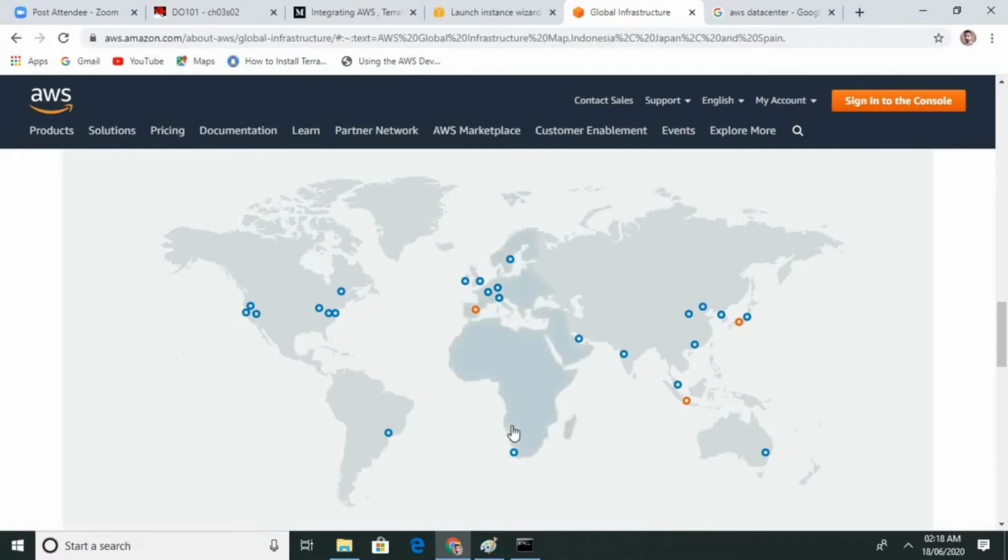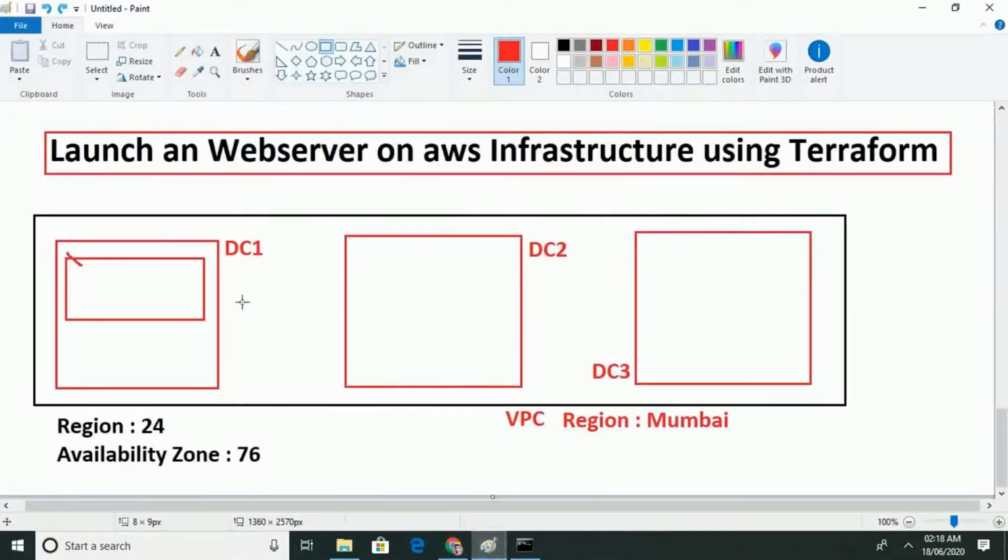So they are providing the services in different regions in the country. And you can see here there are availability zones, there are 3 availability zones. And in Spain they are going to launch their services soon. They are coming soon.